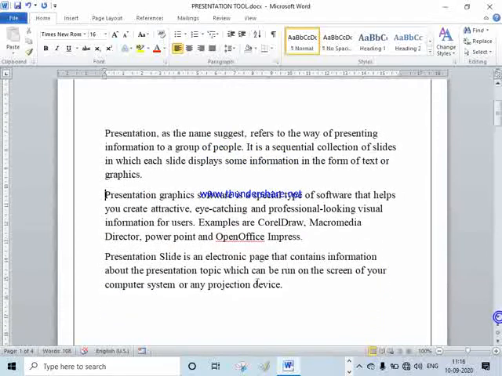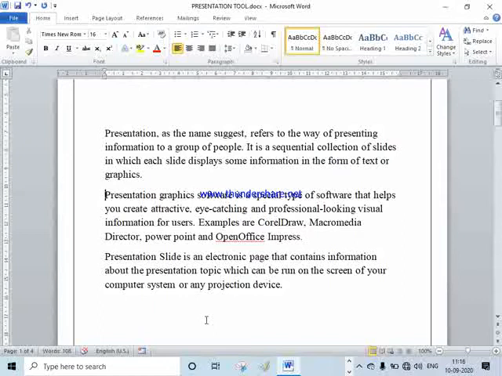In some of them, like PowerPoint presentation, OpenOffice Impress and CorelDRAW, we have some type of picture background, working area, that is called slide.